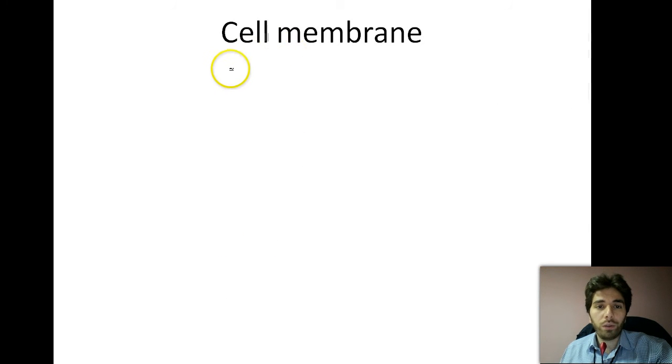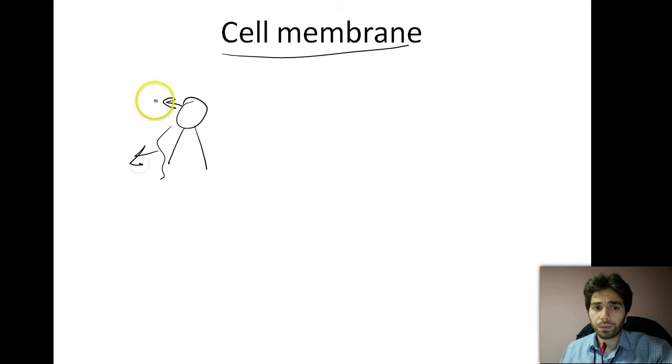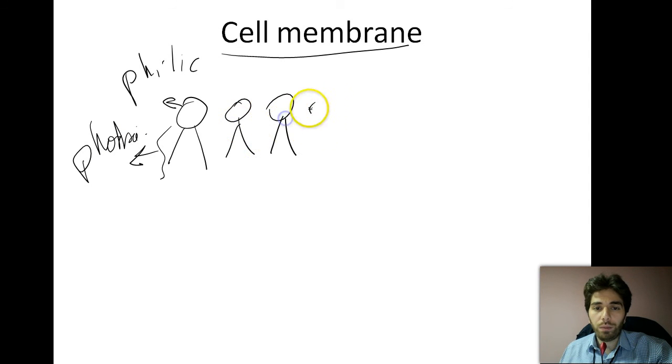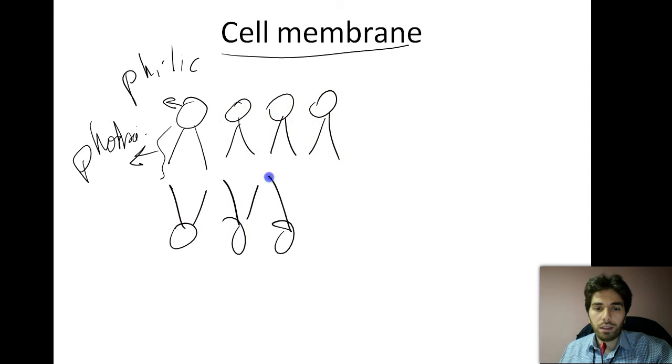And before I finish, a few words about the cell membrane. The cell membrane, you all know, is made up of phospholipids, and we show phospholipids as head and tail. The head is the phosphate, and the tails are the fatty acid tails. The phosphate is hydrophilic, and the fatty acid tails are hydrophobic, so they're afraid of water. That's why they line up in this specific shape, where the tails are to the inside